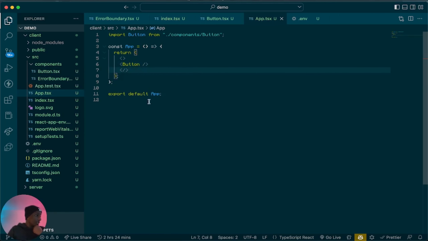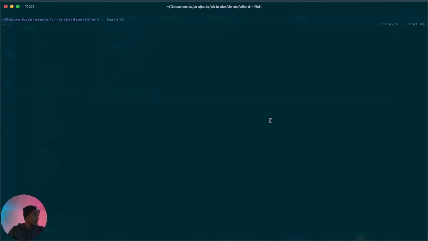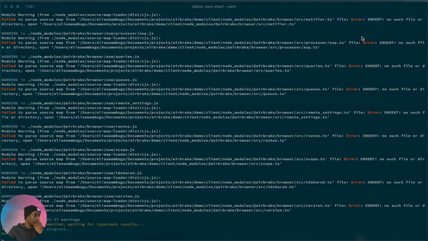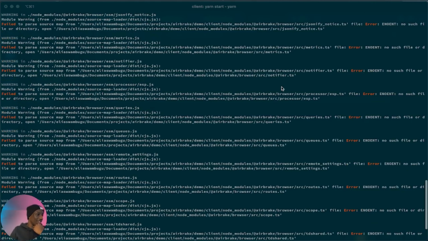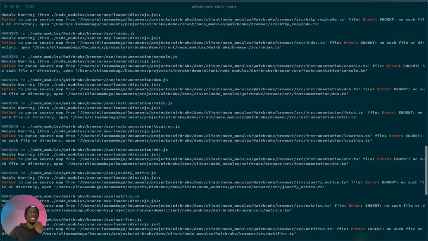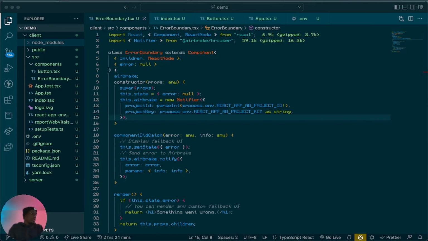So now that we have all this set up, we're going to go ahead and test it out. So you want to come into your terminal, type in yarn start. Oh great, now we have a bunch of errors, so time to debug. Okay, so turns out some of the types are being exported. I'm going to have to look deeper into it, but to fix the errors,